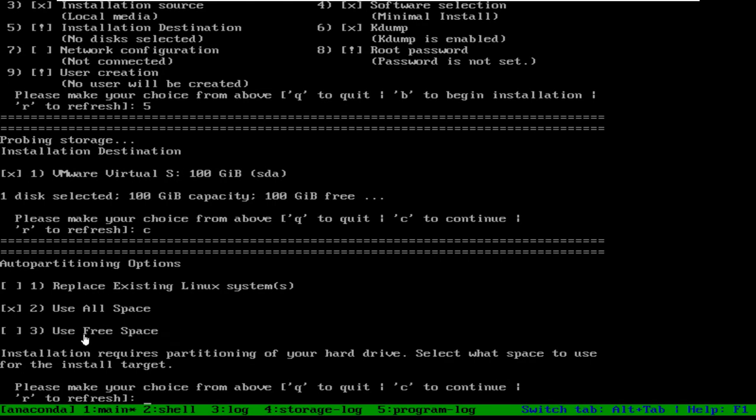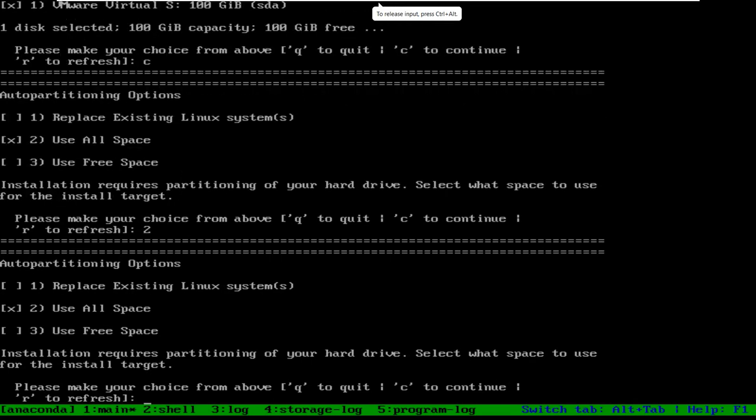Free space means suppose I have already installed a system, or I already have some data on the hard disk and I have some free space remaining, so I can select the free space. It will not remove or replace the existing data, it will remain as it is, and it will create our installation only in the free space which is available. Now in our disk we don't have anything, so we can select use all space, number 2, and it is already selected, so I can go for continue.